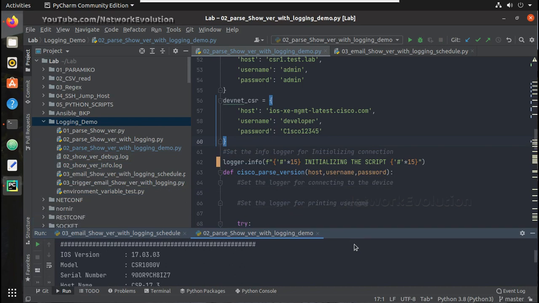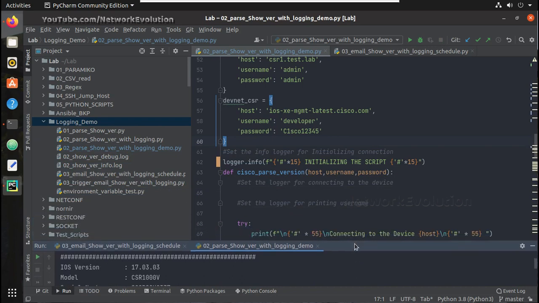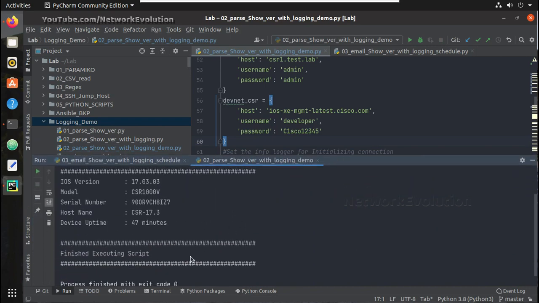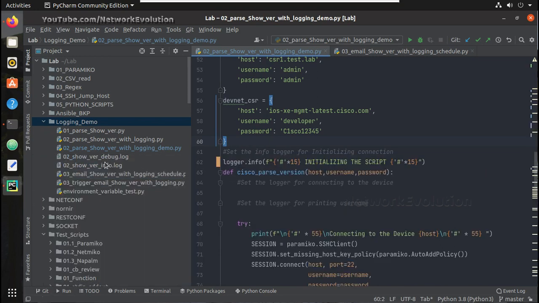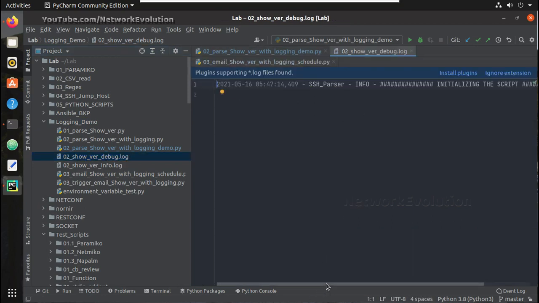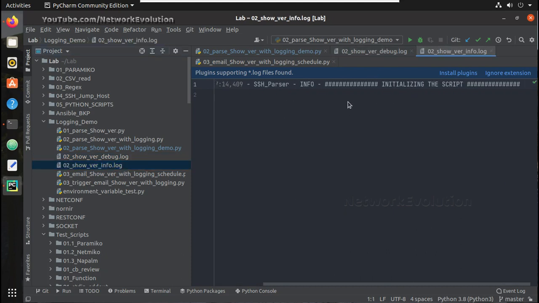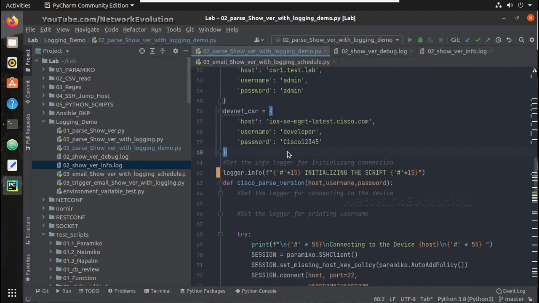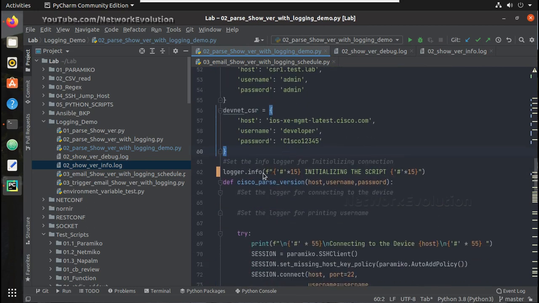So you can see here the script execution has been completed, and here you can see I have received 2 log files, and the debug logger will be logging debug and above. So that means info also it will log, and in info also I am getting the same log message. I'm not getting it in terminal because in my stream handler I am just handling only the warning and above. If I change this to warning,